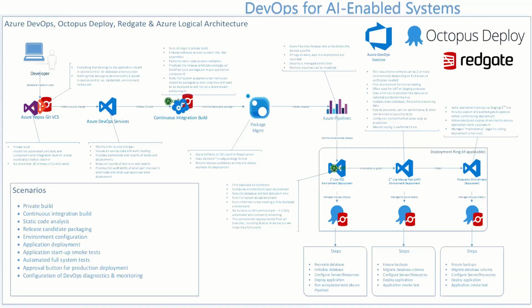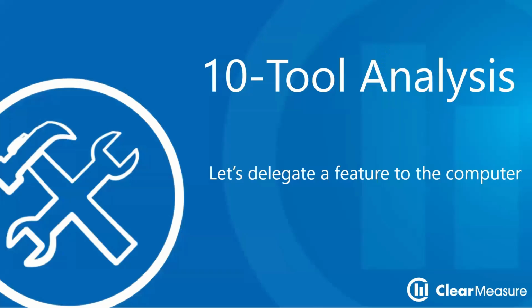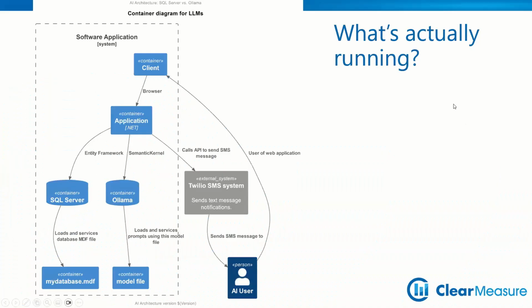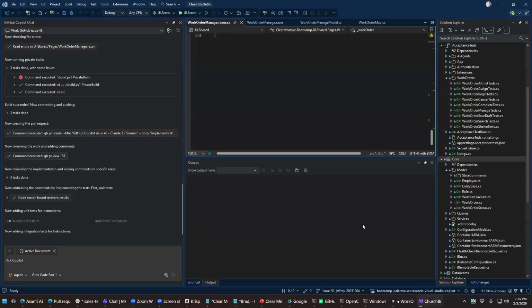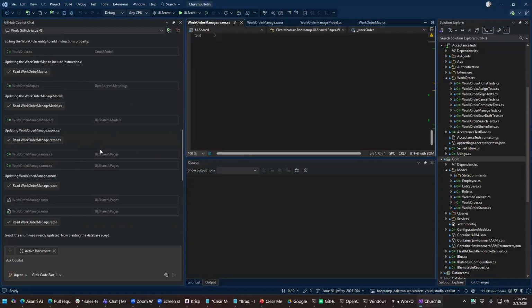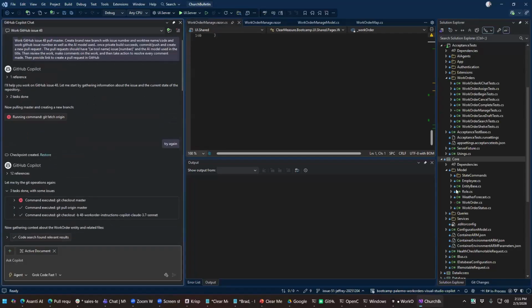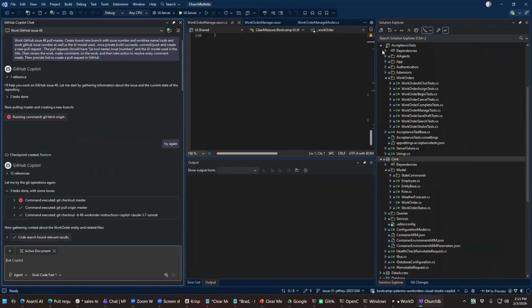All right. Let's do, I want to show you a 10 AI tool analysis just to kind of show you the landscape. Because ultimately we want to be able to delegate a feature to the computer. Now, if I were to put away PowerPoint just for a second and open up Visual Studio, I have a session here on Visual Studio in a public repository that I use quite a bit. It's not important. If you want to peruse it,